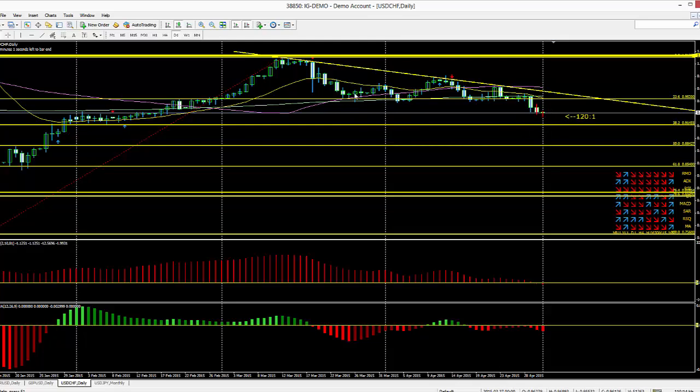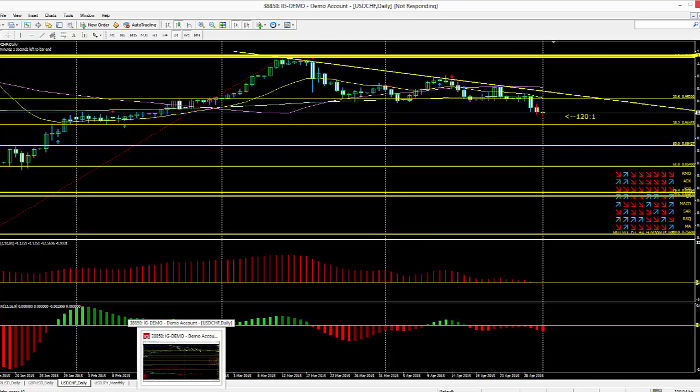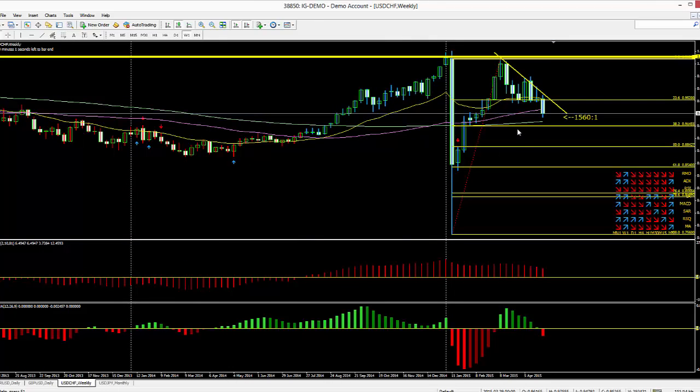So here, it's still within a consolidative range. It is still very much a horrible consolidative range, and it's one that we should rather just stand aside from before we get a real clear directional movement on this particular pair. So as it stands at the moment, treat it with a lot of respect, because below on the weekly we still have the institution moving average, and it'll be interesting to see how these figures come out for the US market this week.